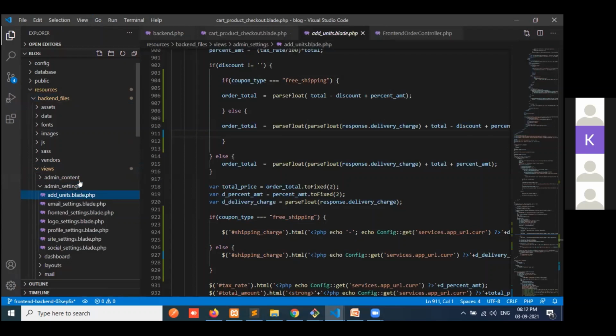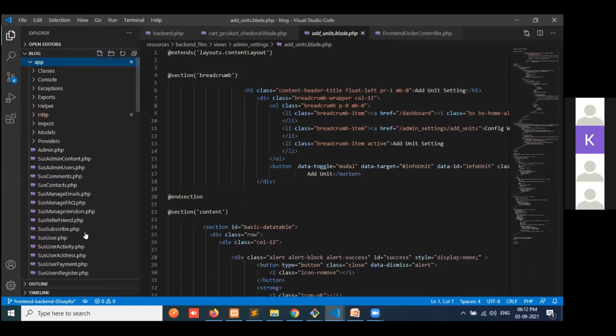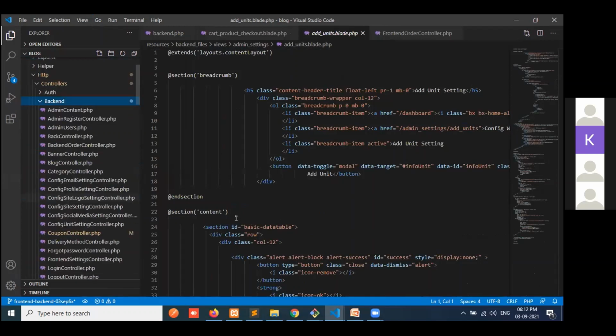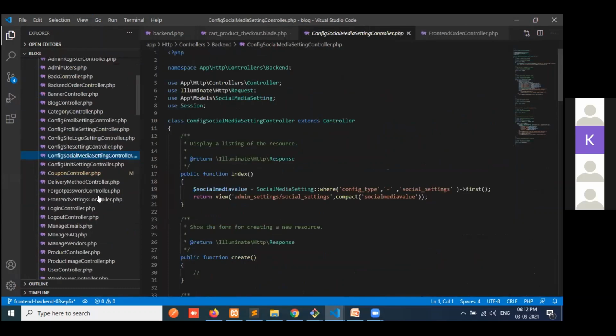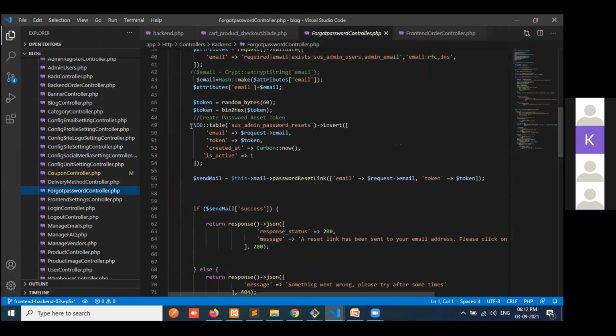So if you write the query builder, we can write it in the controller. Like that. You need to define DB colon table and the table name. If you want to insert any data, you can insert like that. If you want to update, then provide the update with a specific ID.